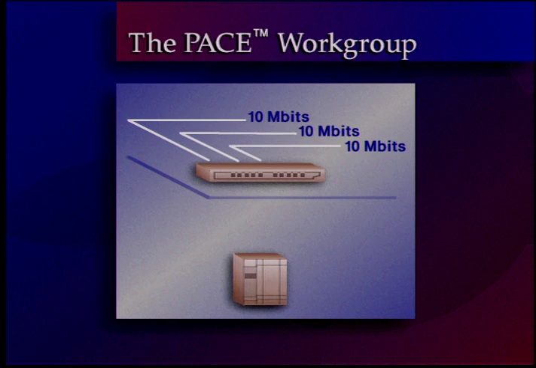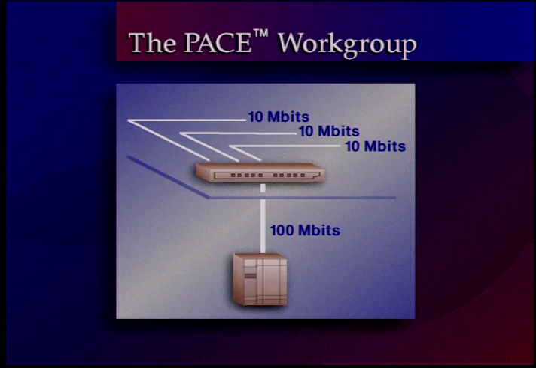What does a PACE workgroup look like? Does it look any different? Well, a PACE workgroup, as you can see in this illustration, looks pretty much like a regular repeated workgroup. There's a hub in the middle that is star-wired out to the nodes. Star-wired in this case simply means that every system is wired directly back to the hub. There's a downlink. In this case, the downlink will probably be fast Ethernet or ATM, and it still goes down to a collapsed backbone device or hierarchy devices that concentrate the building that it's in.